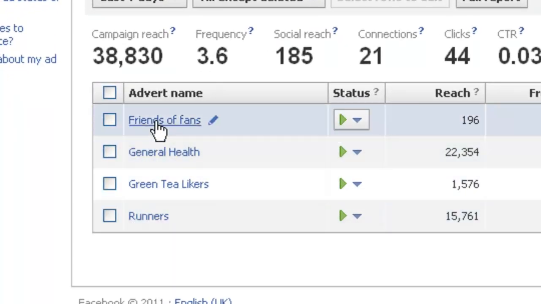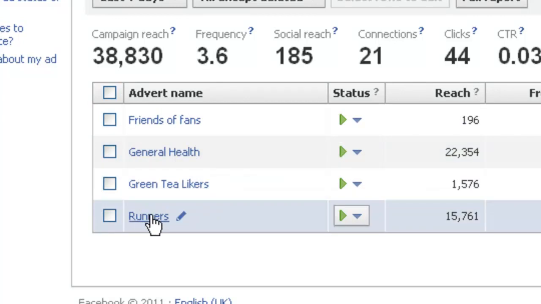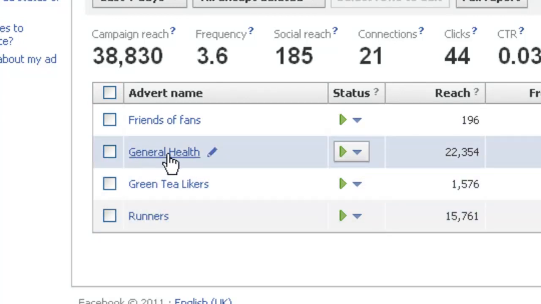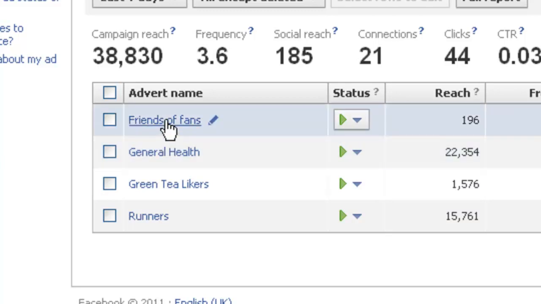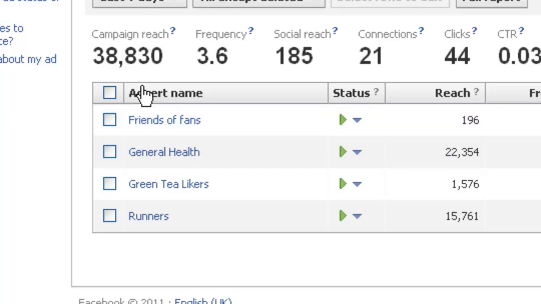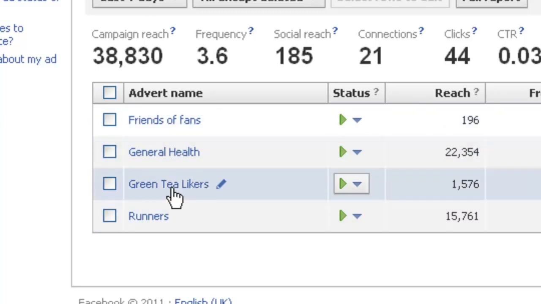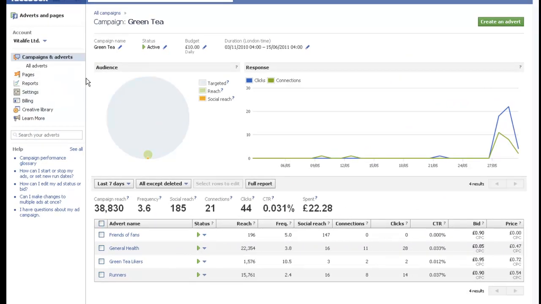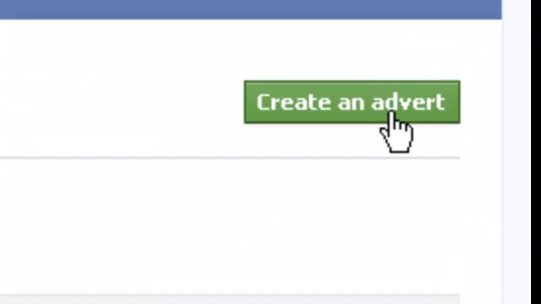And I broke it down to, I've got runners there, I've got green tea likers, I've got general health people who are interested in going to the gym or general exercise, and I've also got friends of fans, which obviously should expand as these three adverts take effect. So I'll show you how to create a new advert. If we go to create an advert,